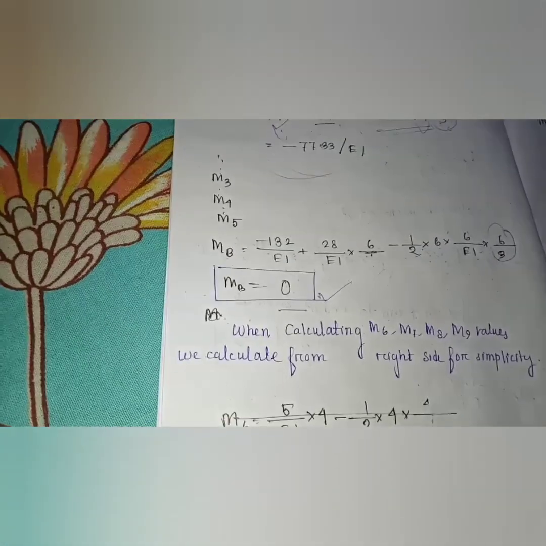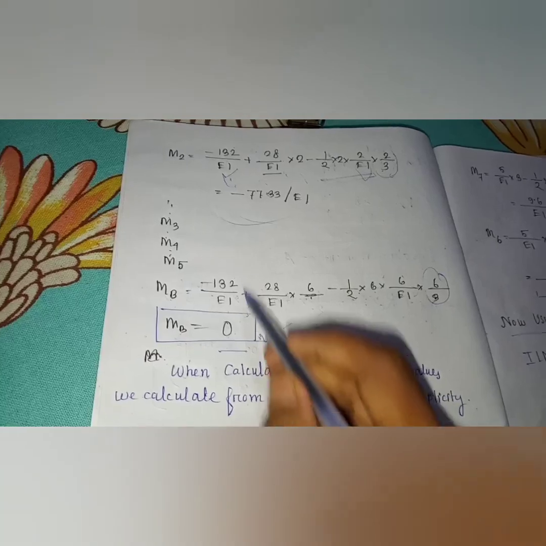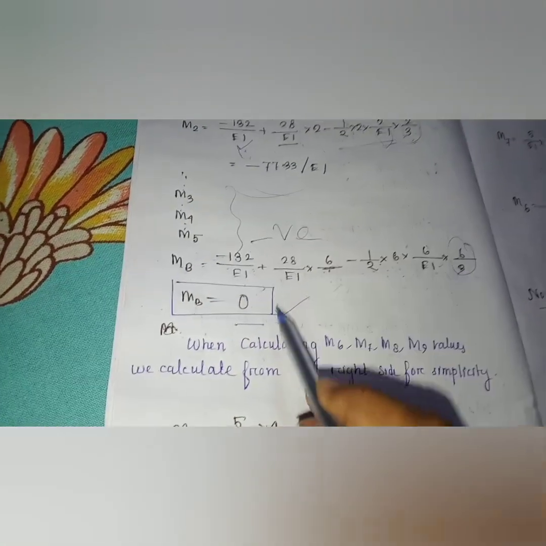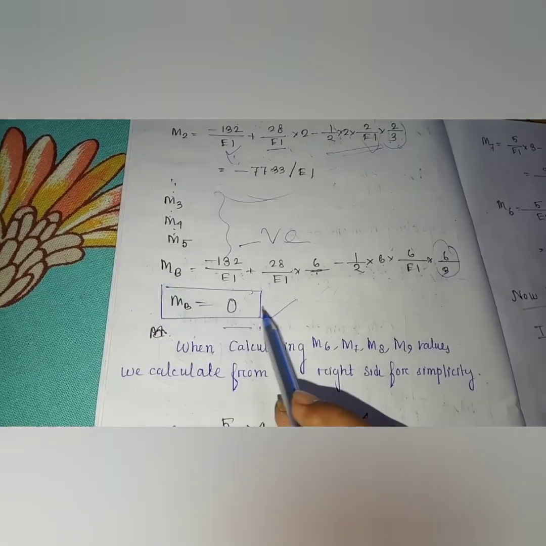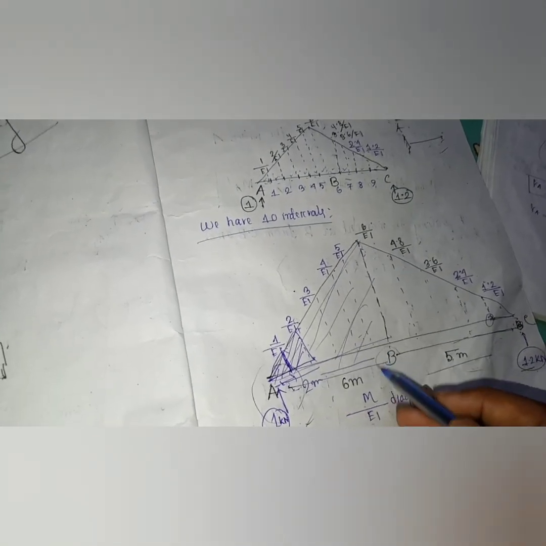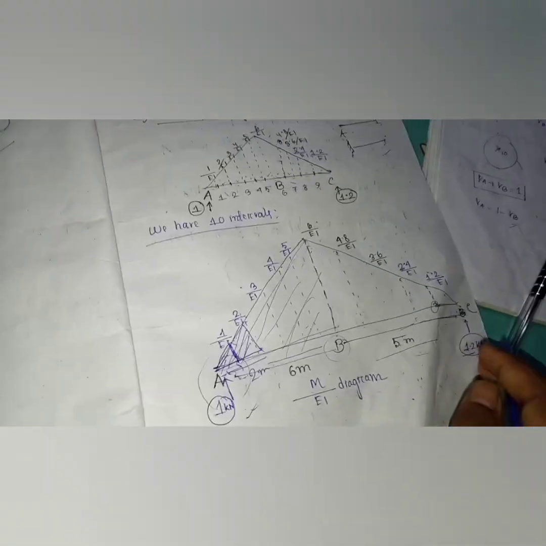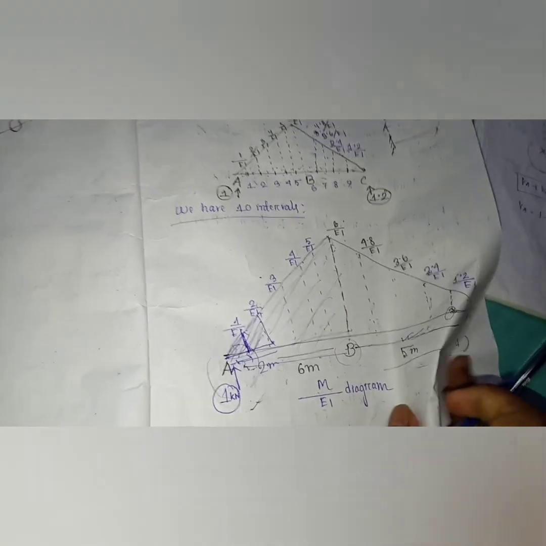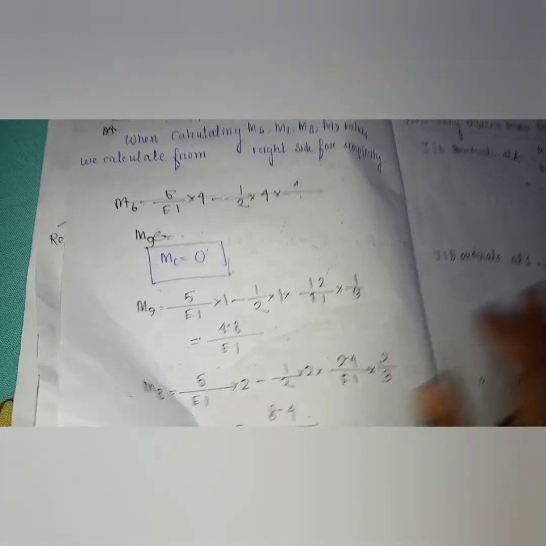Now just see one thing. M1 is negative, M2 is negative, all these values will be negative. M became 0. That means what? That means the further values when I will consider, M1 is negative, M2 negative, these values are negative, MB equal to 0. Now from common sense we can say these values will be positive. Negative, 0, positive. Okay, now we'll see whether it is right or wrong.